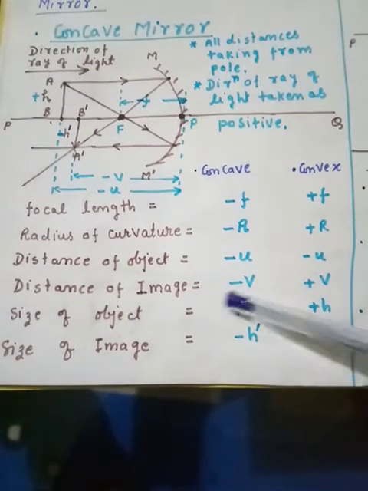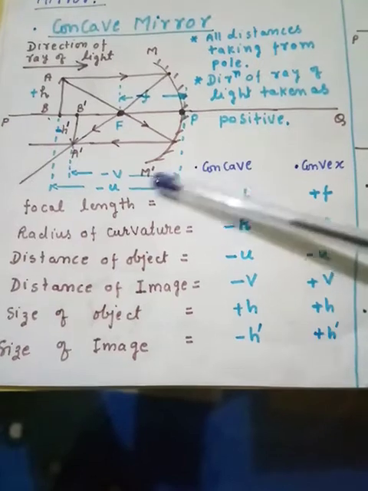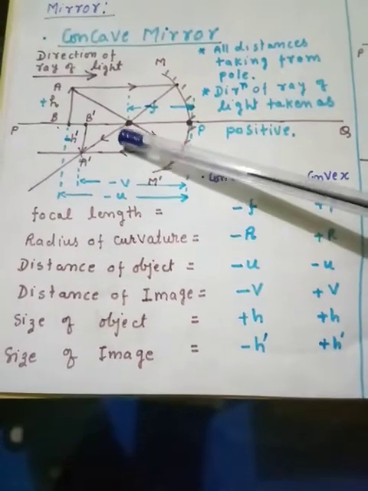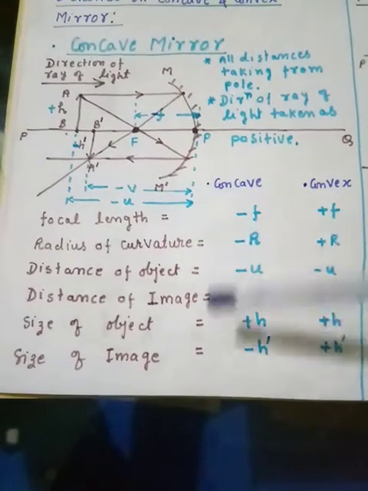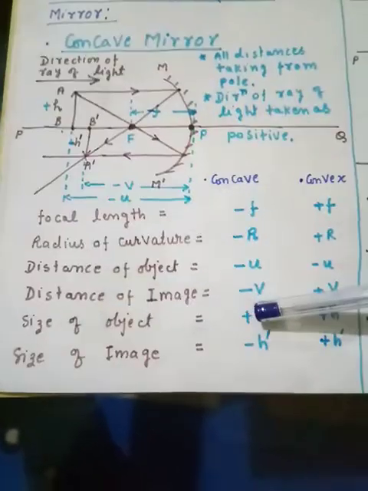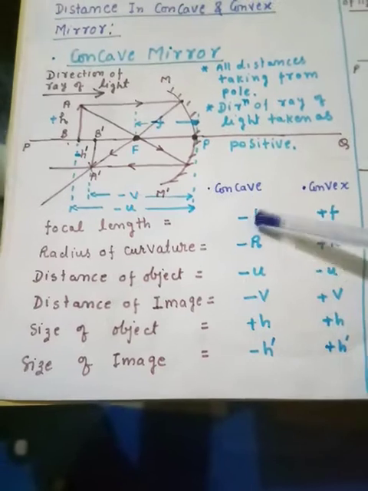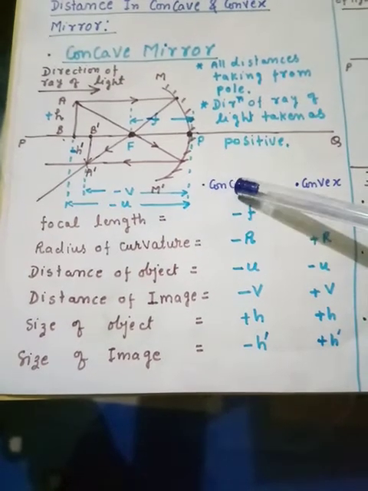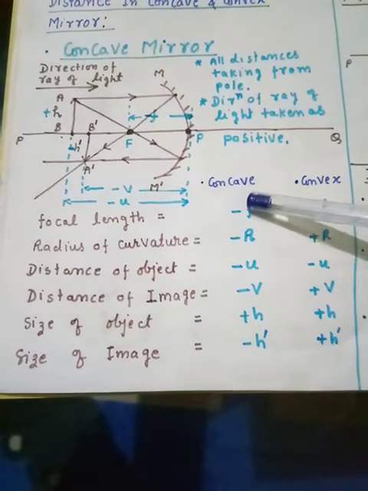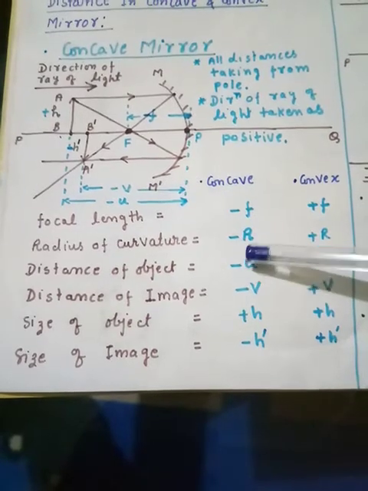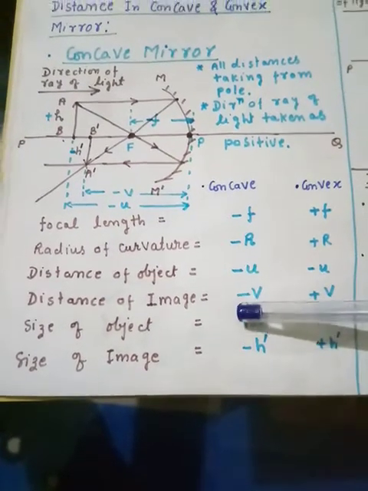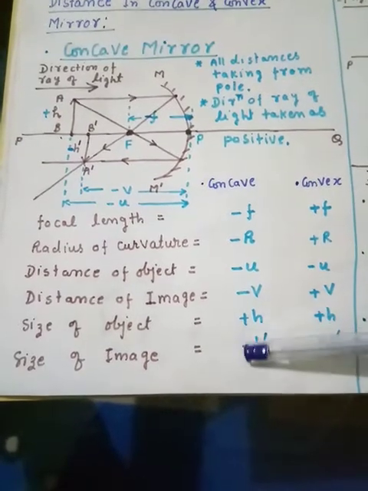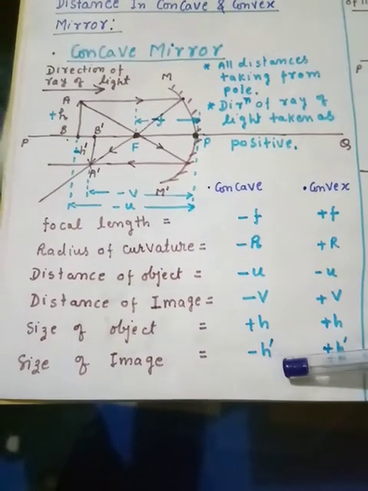So size of our object is plus h. Similarly, you can see that the image is going in a negative direction, negative y direction. So we take it as negative h dash. So in case of a concave mirror, again I am repeating, focal length is negative, radius of curvature is negative, distance of object is negative, distance of image is negative, size of object is plus h, and size of image is minus